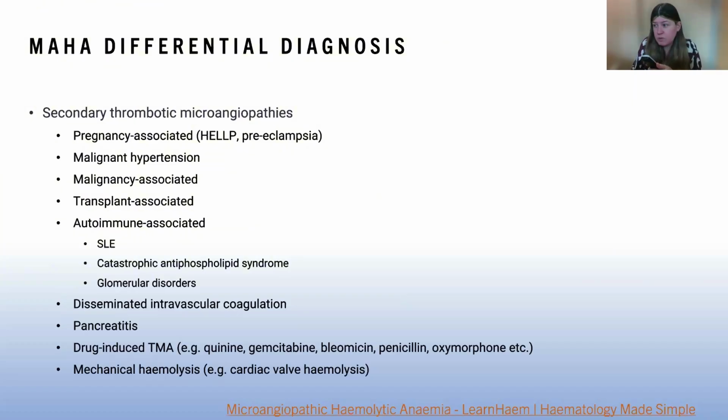And then in terms of secondary causes of this kind of appearance, there's a big list here, and lots of these are relevant in pregnancy. So we definitely do see this picture in people who have significant preeclampsia, where they will drop their platelets often towards the end of pregnancy and get fragmentation, also with malignant hypertension or an association with an actual malignancy or cancer itself. And then various other conditions listed there, including DIC, which I mentioned before. And we sometimes see this as a complication of antiphospholipid syndrome as a catastrophic variant of that, and rarely due to certain drugs.